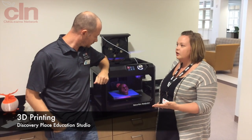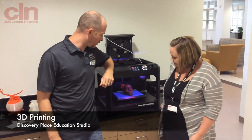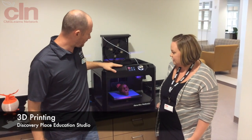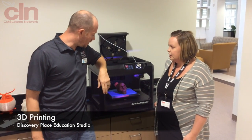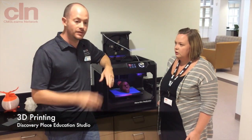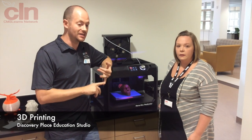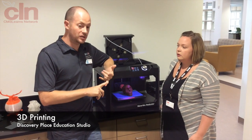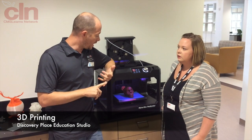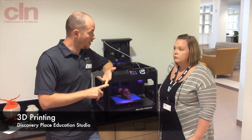So this is a 3D printer, right? This is the first one I've ever seen. Absolutely. This is one of our 3D printers. We actually have 5 in-house. This particular model is called a MakerBot 5th Gen, and it prints in PLA, or corn syrup-based plastic. And this is one of the things we also do here: we teach teachers how to 3D design as well as 3D print. Some school districts have started moving in that direction, and CMS might be one of those in the future. We also have a workshop this fall that's build your own 3D printer, where you get to